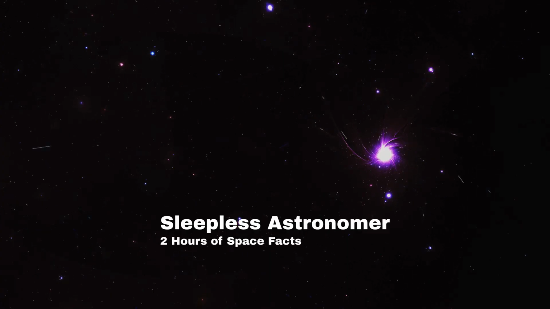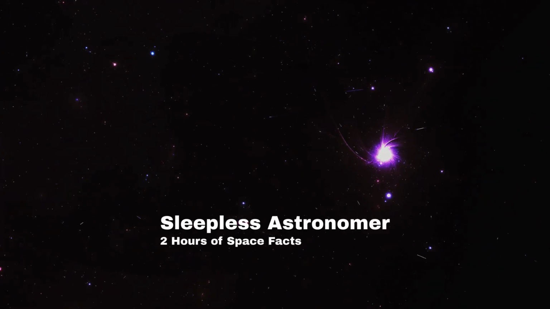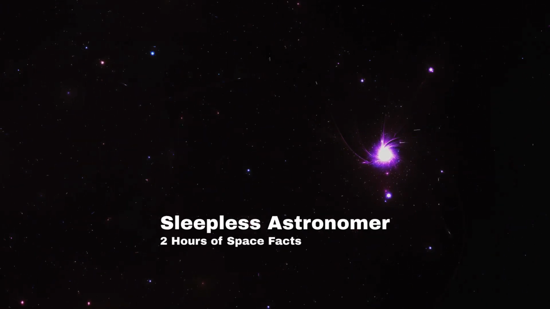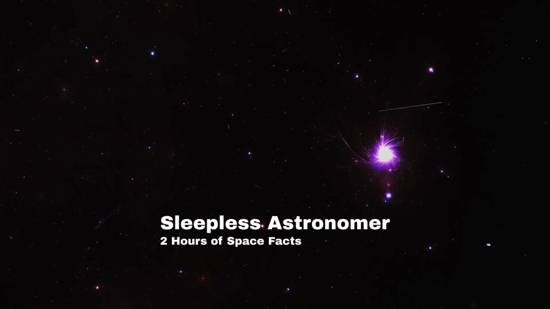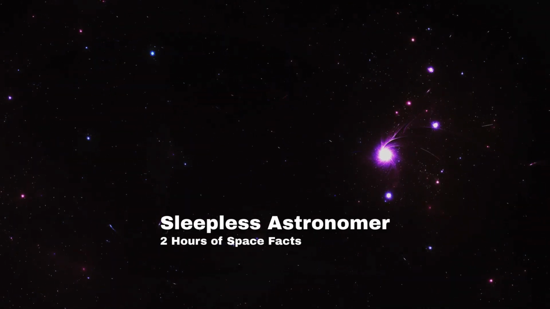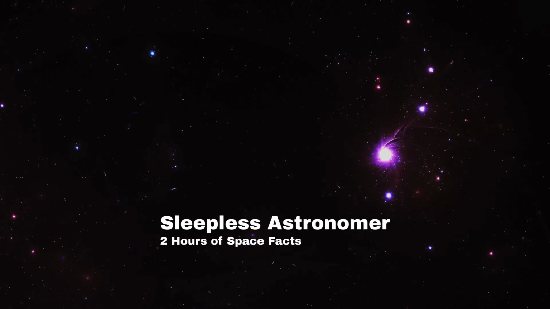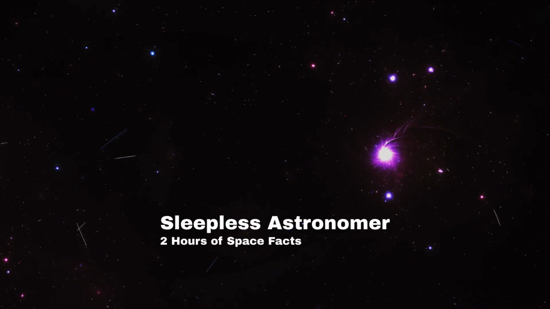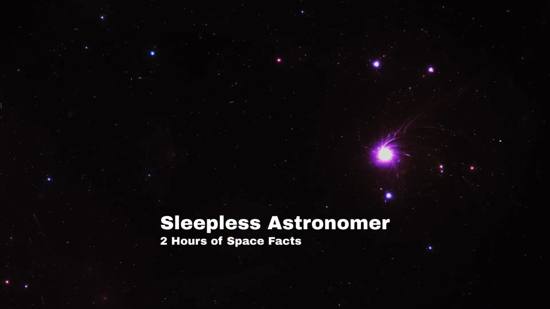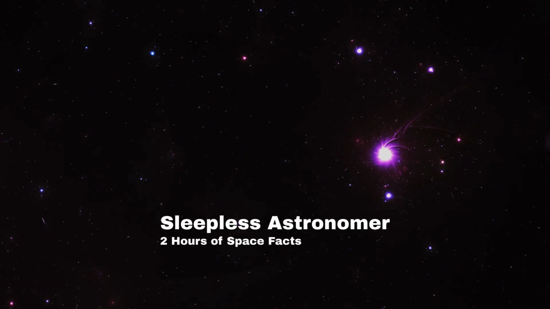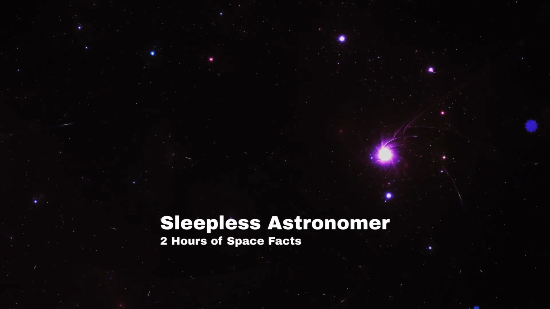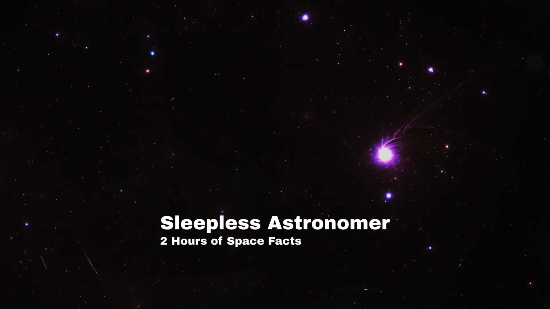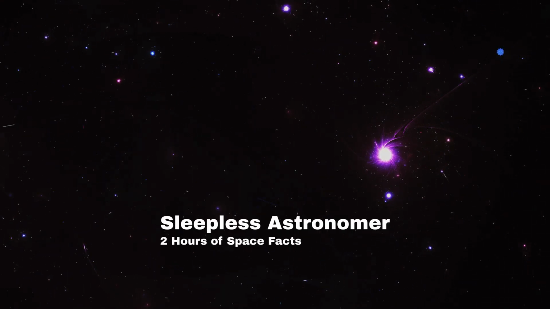Between galaxies, the emptiness reaches its most extreme. The space separating galaxies is called intergalactic space, and it's even emptier than interstellar space. The density of matter in intergalactic voids, the enormous empty regions between galaxy clusters, is approximately 1 atom per 10 cubic meters. Think about that. You could take a cube of space 10 meters on each side, large enough to contain a small house, and on average, it would contain just 1 single atom. This is as close to perfect vacuum as nature achieves anywhere in the universe.